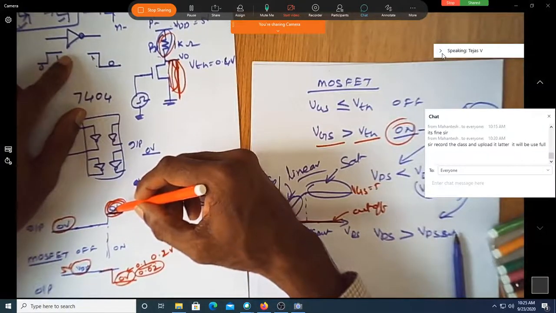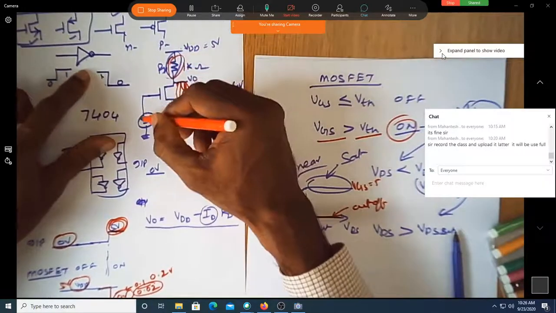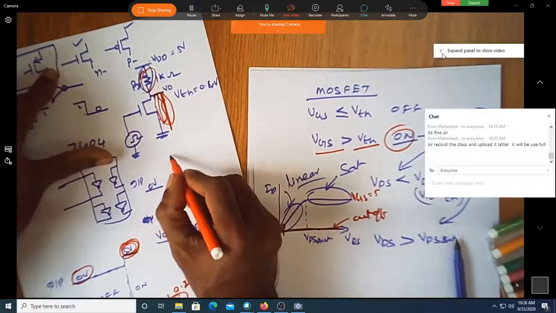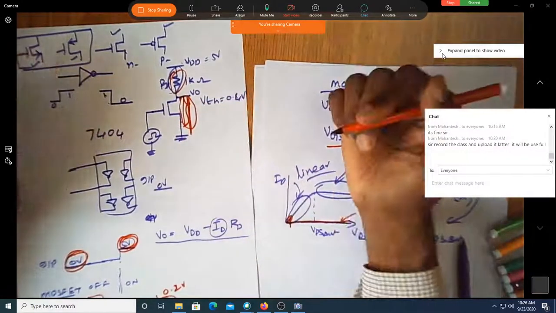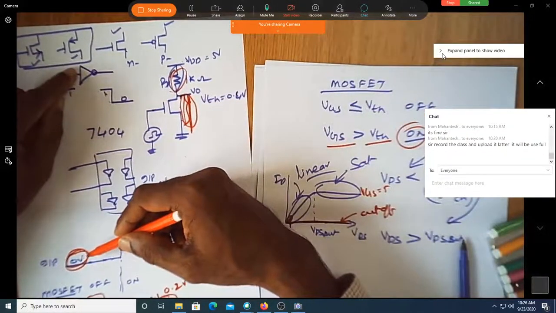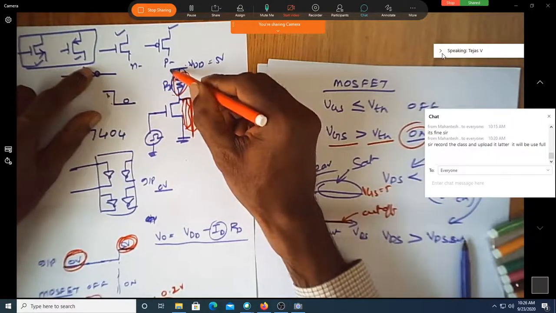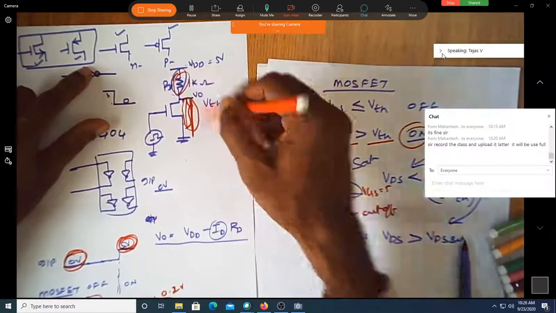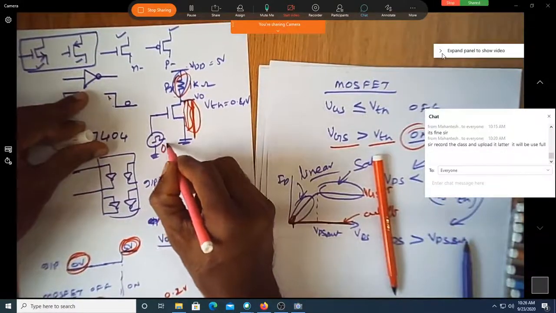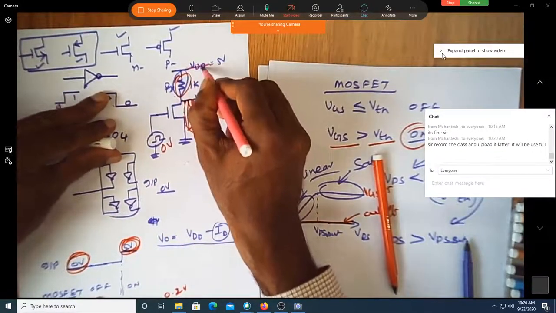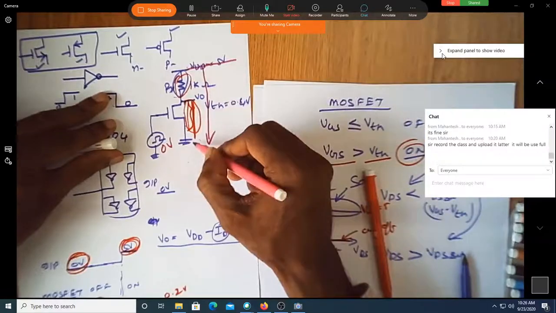Now, when the MOSFET is on, this voltage is a bit less. Can you see here, as long as the logic is 0, is the MOSFET off? When the input is 0, is the MOSFET off? Yes, sir. What is the current going from this VDD to ground? When this is 0 volt, what is the current flowing from this to this? We call it rail to rail current. This is one rail, the VDD rail, this is the ground rail.